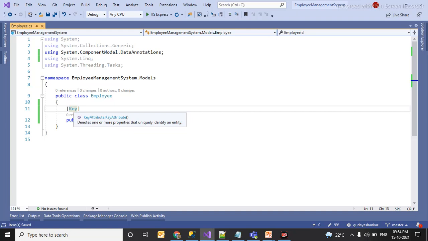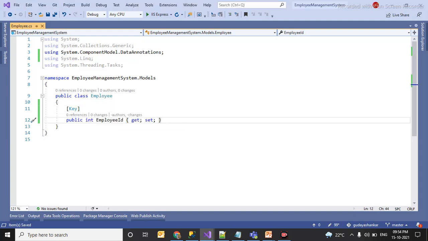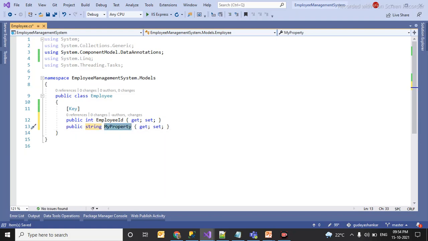Next thing is I will be creating the employee's other properties such as employee name, employee department, and employee salary. Let me create prop, which is of type string name.